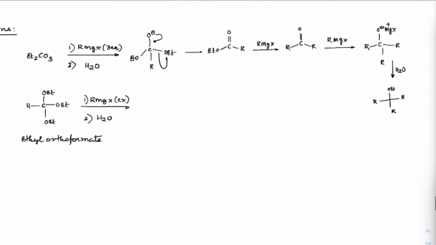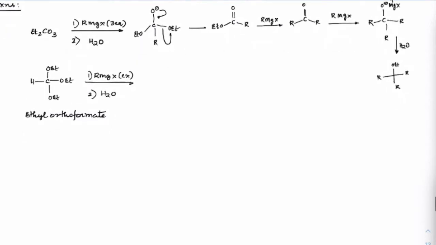Now instead of ester, it is some kind of an acetal group. That means we have some kind of ether groups with respect to one carbon. So everywhere we have to replace that OEt here, right? Ethyl orthoformate, and we can get RMgX. One thing you need to understand is that ethers in the presence of RMgX, if you directly treat that with RMgX here, we need to understand this first.